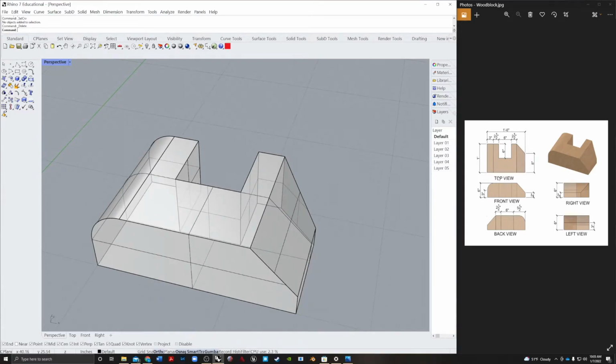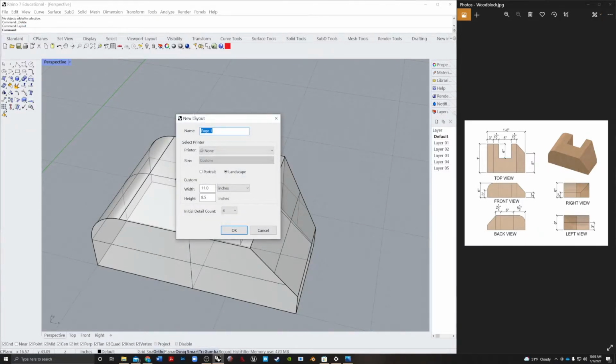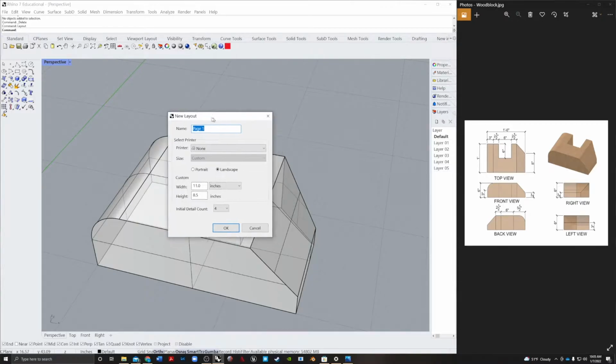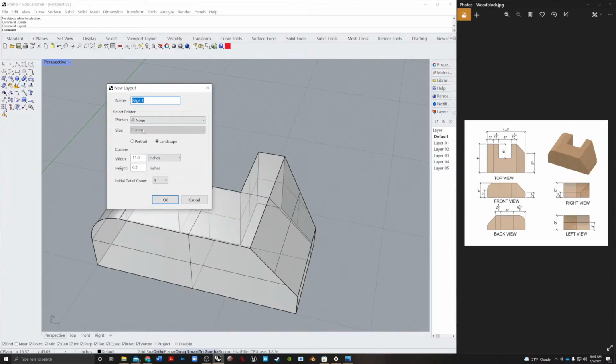All right, so the next step is actually to begin to lay out the object. So I'm going to type layout. And this gives you the option to do a page layout any size you want. So if you're doing architecturals, you might do 24 by 36 or 30 by 42, standard architectural sizes. This is where you would set up your sheet size so that you can create details that show objects to scale. And I'm going to actually use 11 by 17,